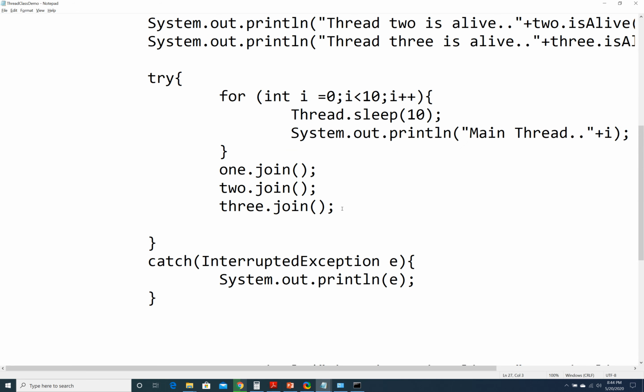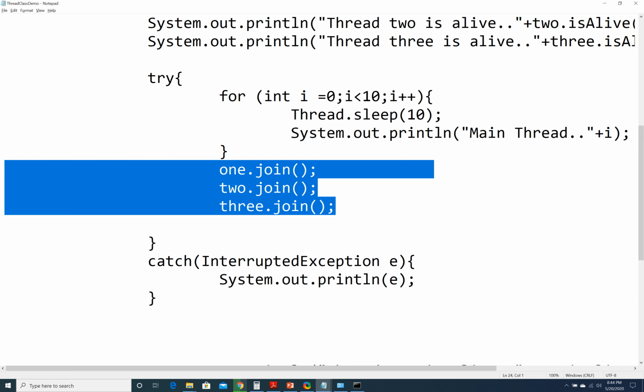You will encounter situations where you would like the current thread to stop its execution until another thread completes execution. Maybe you are a consumer, right? You are going to consume some characters from a file, and there is a writer. So you say the writer should finish writing first, only then I will start consuming. So in that case you can join on that thread. When I say you will join on that thread, it means that voluntarily you say I relinquish the control and I give control to the writer, so that the writer can complete its write operation, and when that write operation completes, only then I will resume my